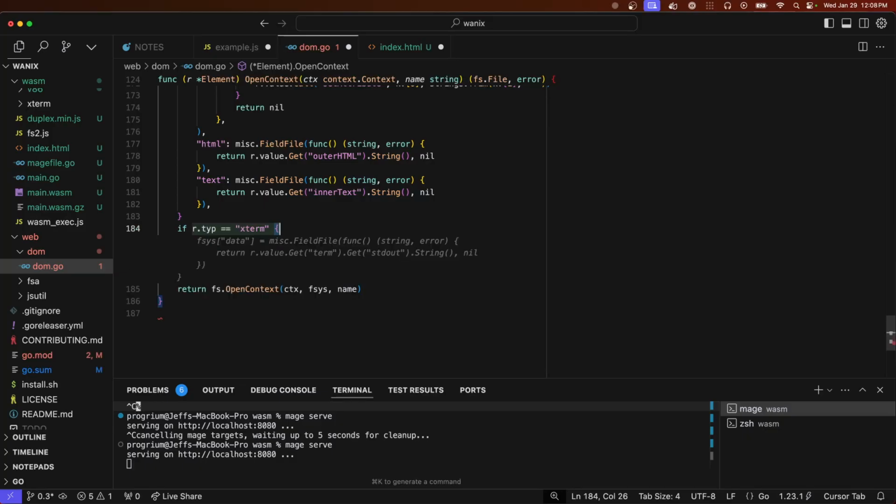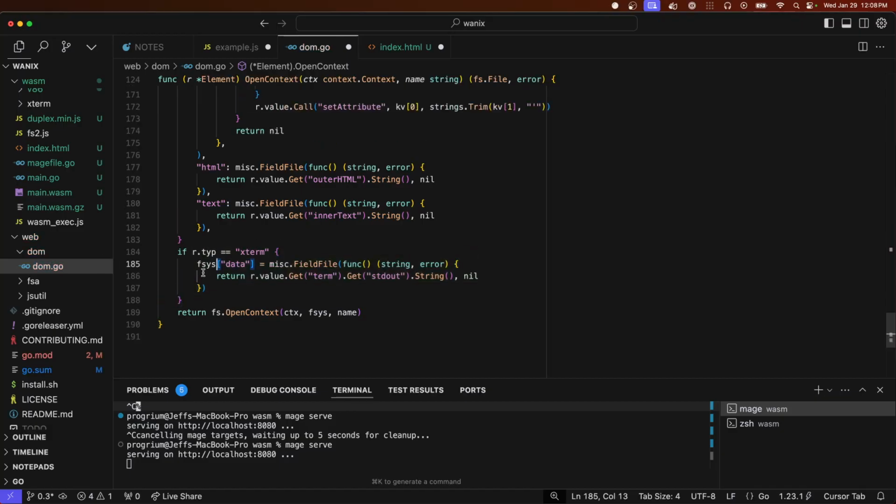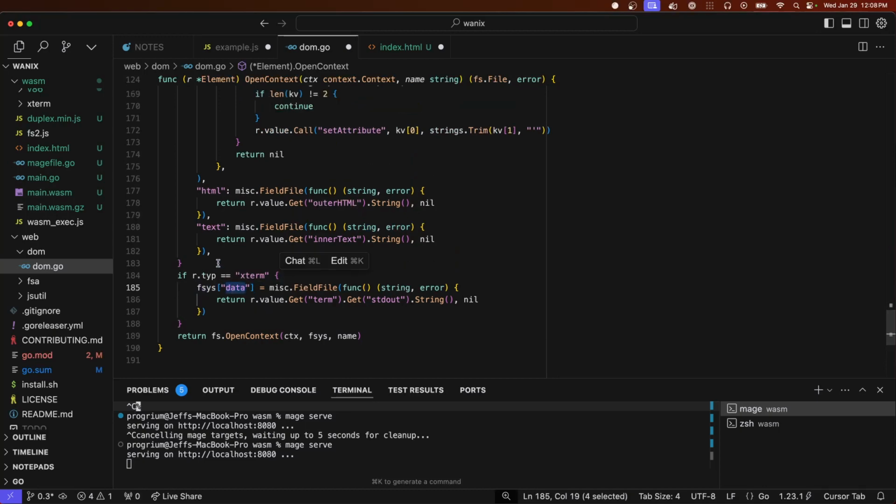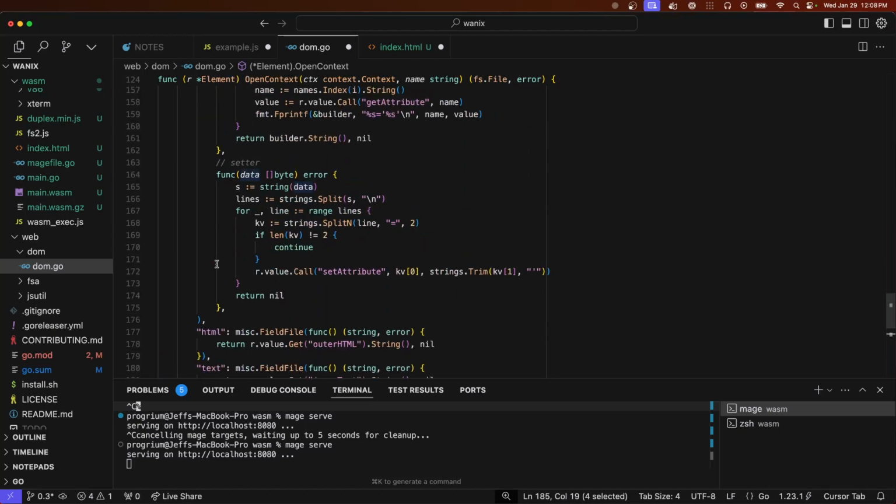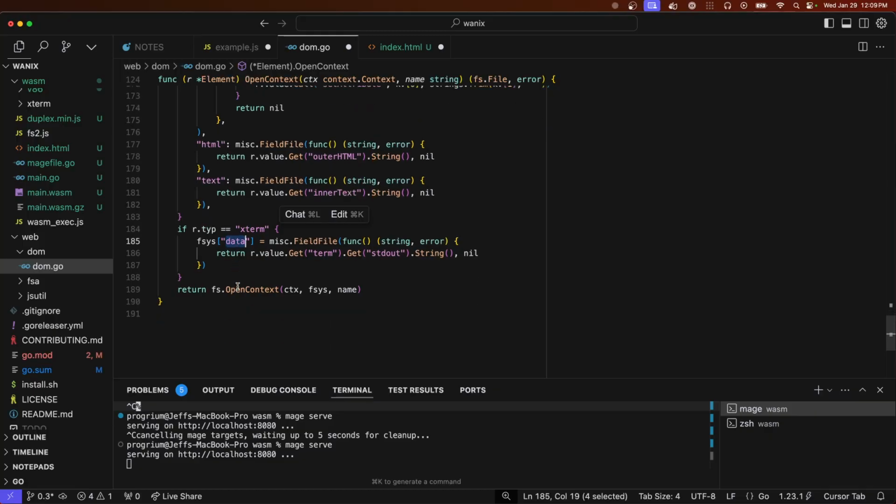Ooh, let's see if AI is gonna get this right. Almost. So I got this idea that I have a data file for this resource, but